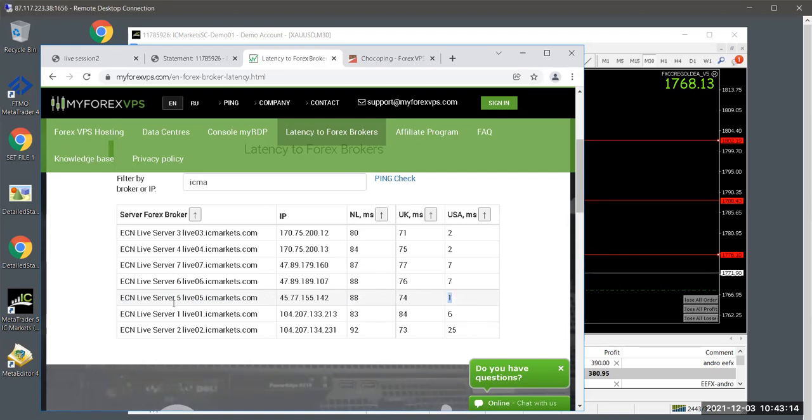So I know from now on, when I do go live, I'm using IC Markets, Live 5 server, and I will more than likely go with MyForex VPS because they've got a 1 millisecond connection from the VPS to the broker data feed, and that's going to help execution, especially when you're executing so fast, in latencies and stuff like that. Anyway,